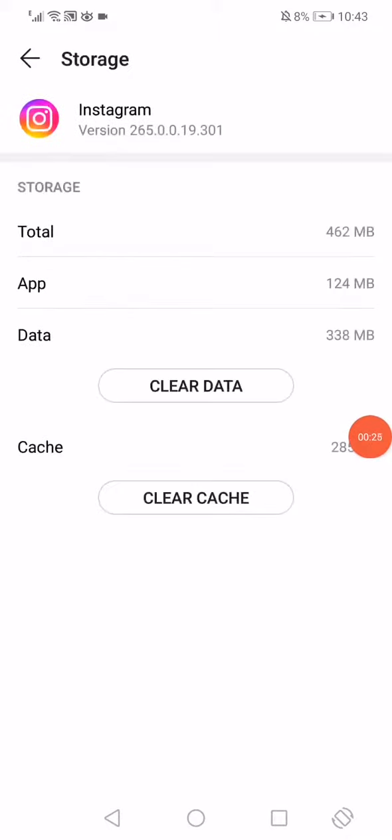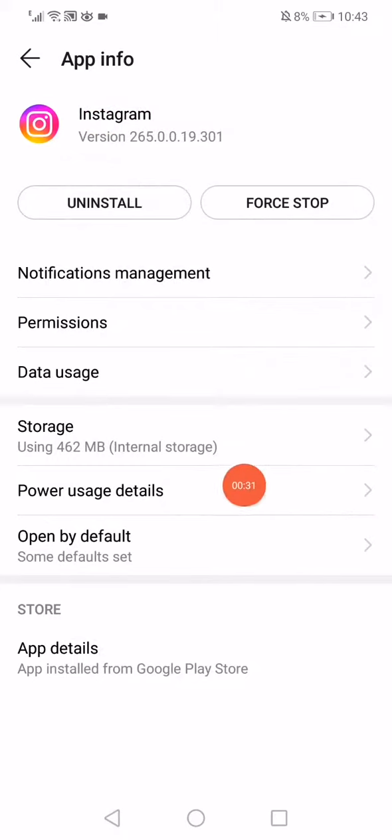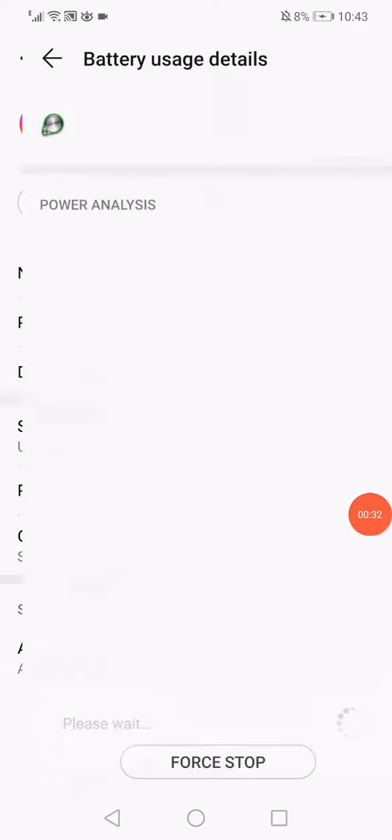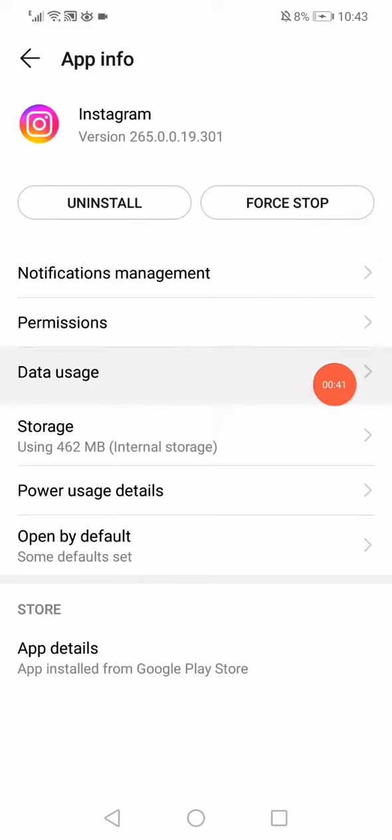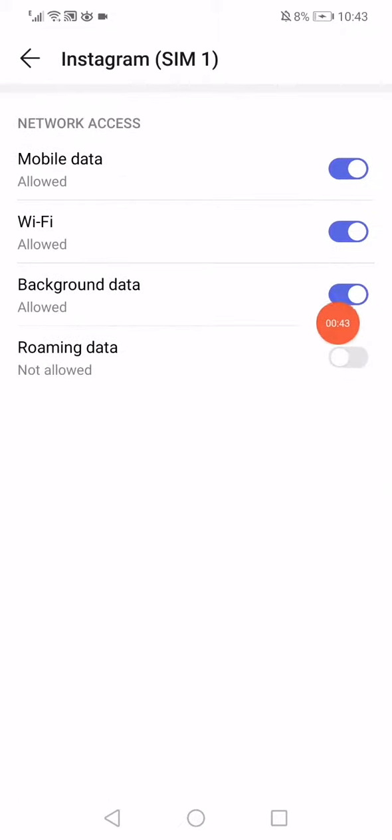and then go to the storage, click on clear data, clear cache, and then go back again, click on the power usage details and go to the power consumption alert, disable it and enable it, and then click on this data usage right here and disable the background data and the roaming data like this, and enable only the Wi-Fi and the mobile